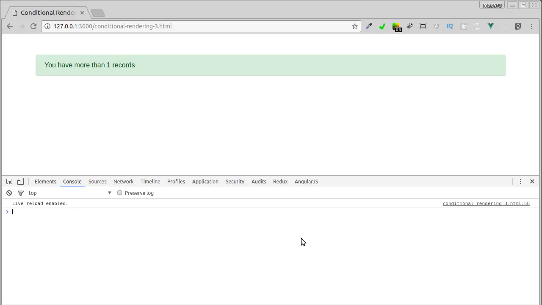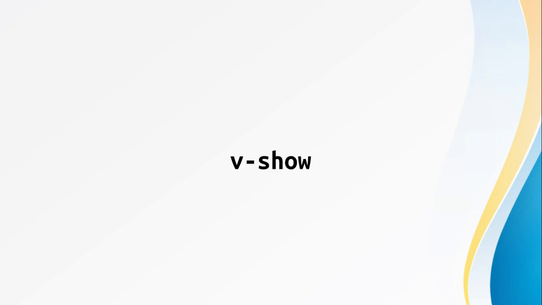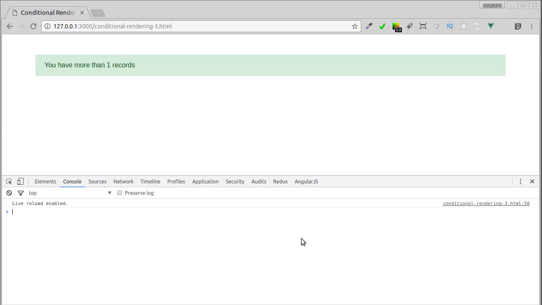Now, before we end this lesson, I'm going to show you another directive to show or hide the element. The directive is vShow. This vShow directive is almost the same as vIf, which is displaying the element if the condition that is passed is true, or hiding the element if the condition is false. So what's the difference between these two? Now, to answer this question,